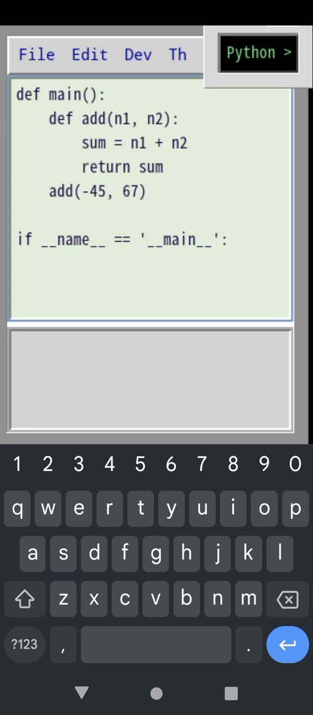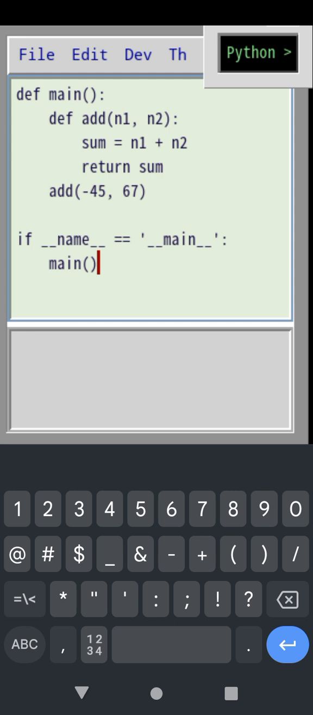Just make sure that you define the functions inside the main function if you want it to actually work. You could also just put a whole bunch of code in this if statement. But anyway,